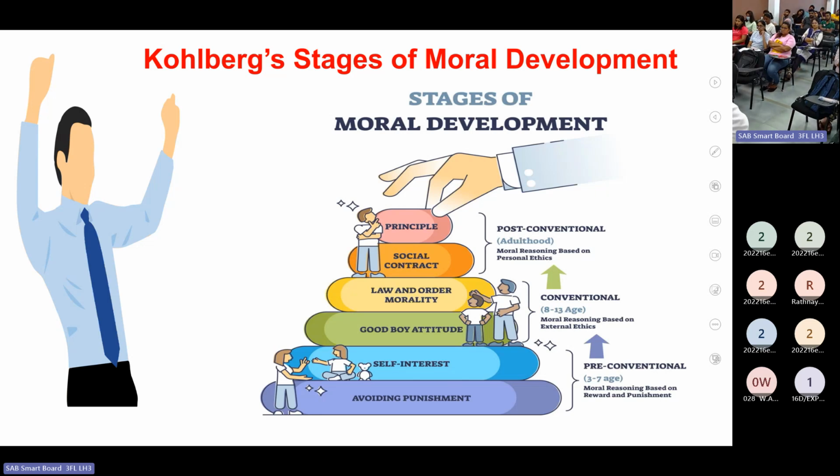Stage 1. So there are 3 stages, right? There are 3 stages, 3 to 7 age, and that means